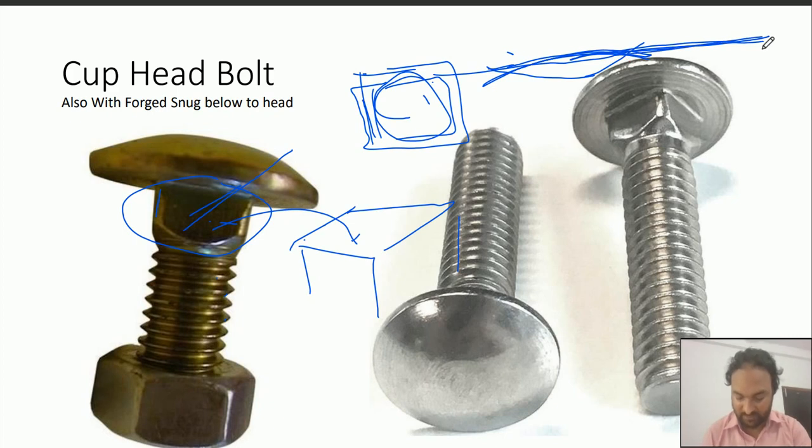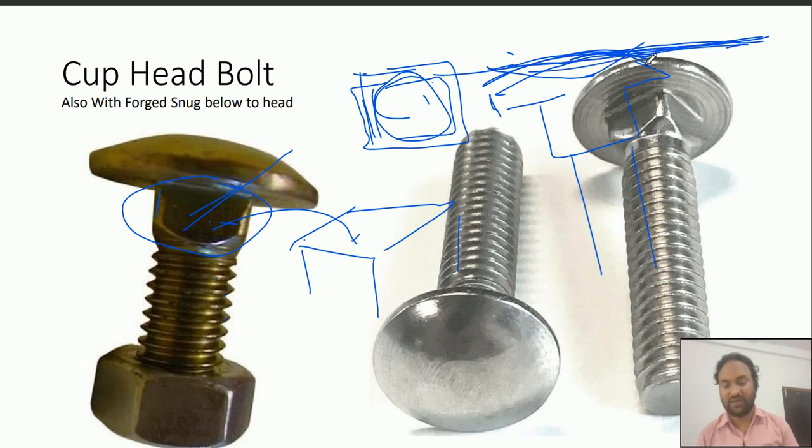So the part will be like this, and here a square, and then here a cylindrical bolt, and the top of the head will match the top surface of the part.